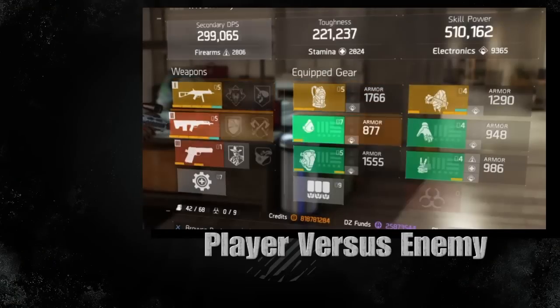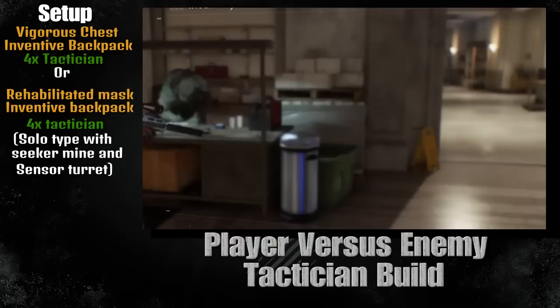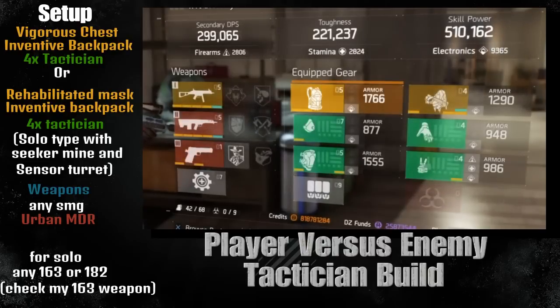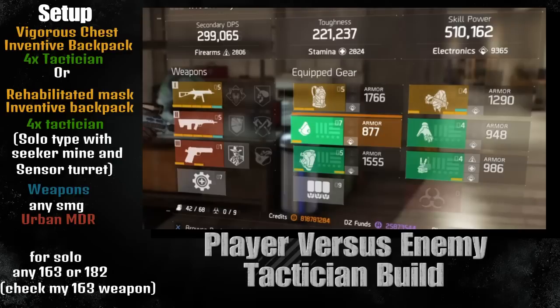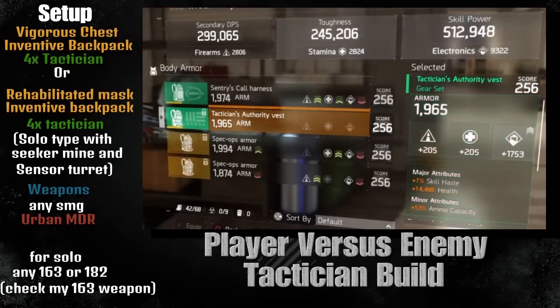This is what my gear looks like. But first, there are two types of combination in this one. The first one is with the Vigorous Chest Piece. If you're going to use a combination of support healing station and turret, this is the best choice for you, and your main weapon is your Urban MDR. But if you're going just Seeker Mine and turret, switch this out to